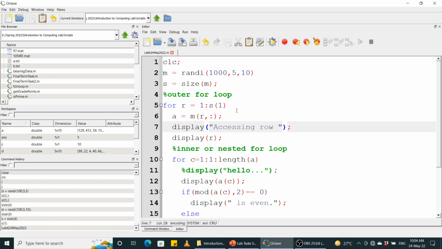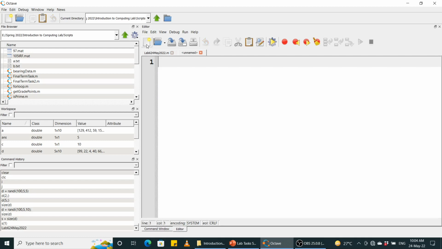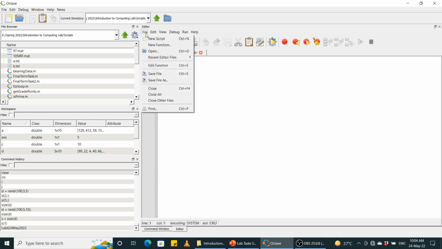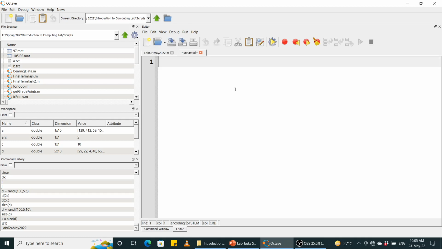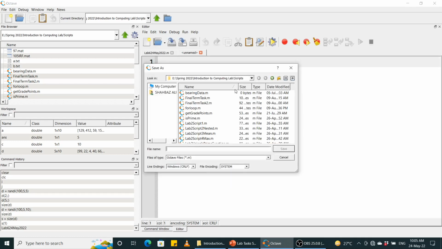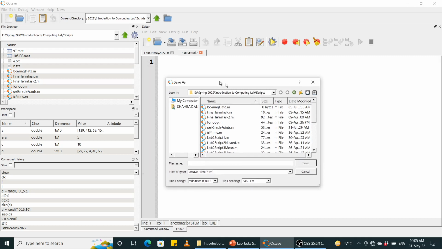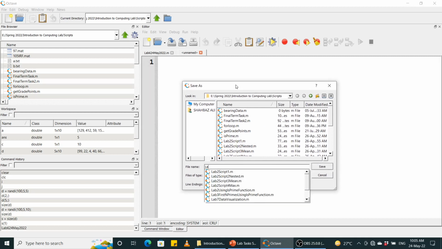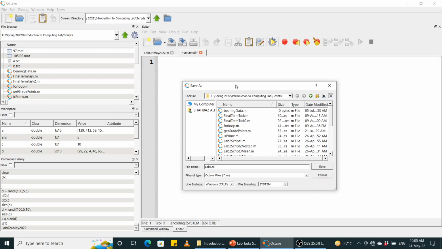So let me create another script file. You can create a new script file by pressing this new button or going to the file menu and pressing the new script command. ठीक है? And let us save it. Sorry. This is lab 6, 24th May 2022 and this is